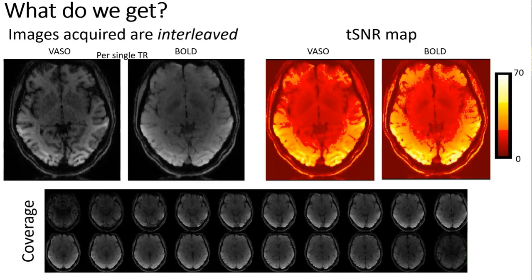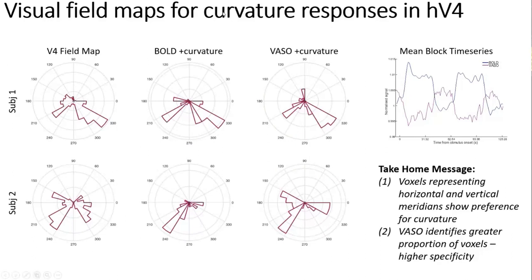Let's start with the complicated results first. Here, each row is a different participant. In the first column, we have the representation of the portion of the visual field that area V4 for this specific participant covers. You can see that it's quite biased toward the lower visual field compared to the whole of it. Then the second column shows the one-to-one mapping of which parts of V4 are